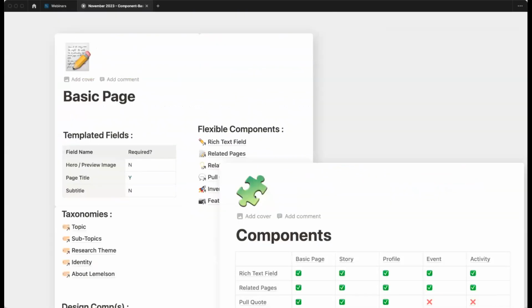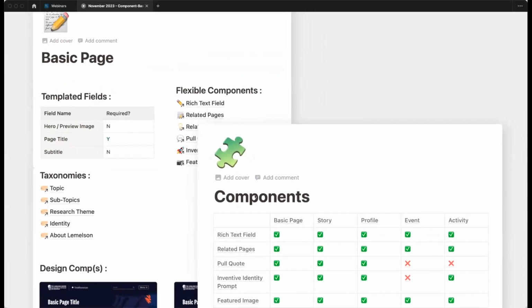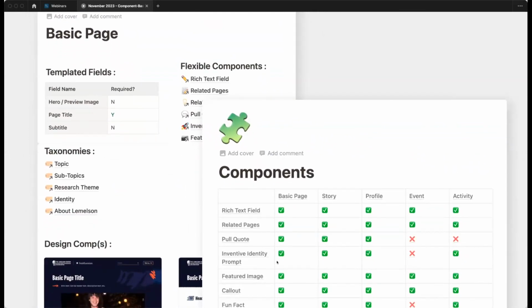Center. So what this looks like and kind of our final result for this is really thinking about how our components are used across a variety of different types of content. So whether that pull quote is used across a basic page or an individual's profile, really creating custom controls around how we can use these components, but where it doesn't make sense to use them, such as in events or